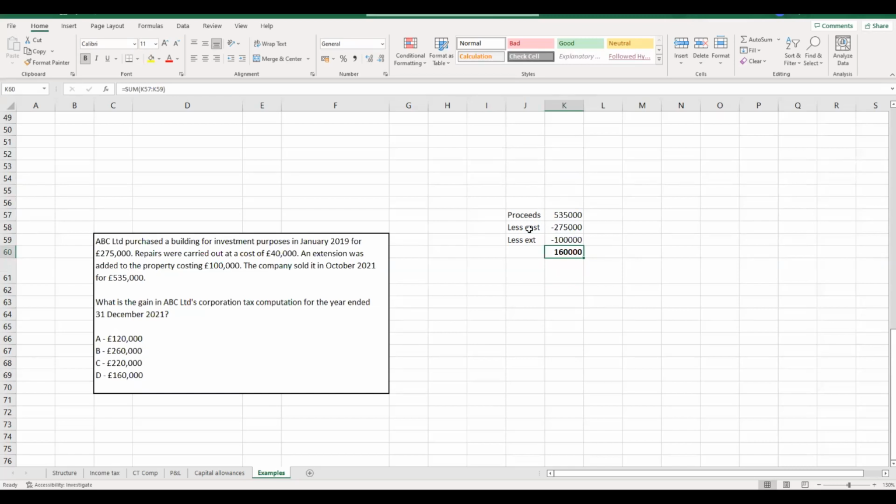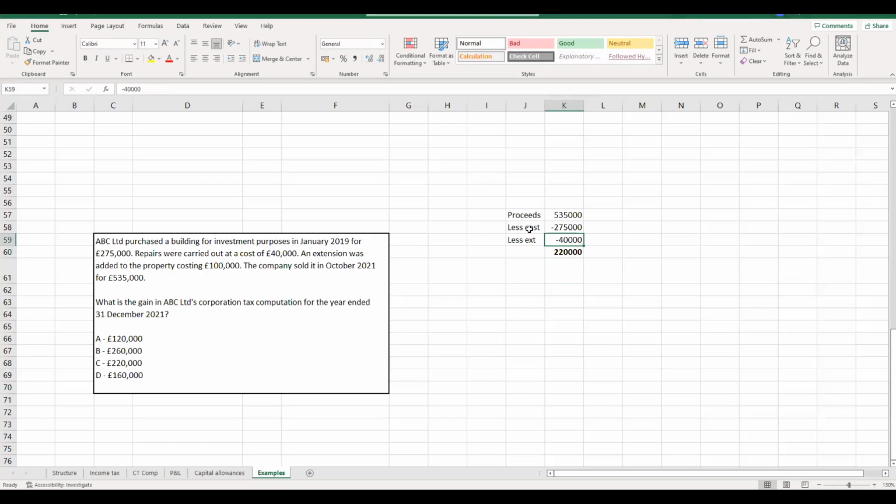And this would then get us to our correct solution, the answer to this question, which is £160,000, D. Of course, the remaining three are arrived at through various different ways. You could have considered the £40,000 for the repair costs, and then you arrive at A. Of course, we've just discussed why that's wrong. One of them is if you don't bring in anything for these allowable costs. And finally, one is if you just bring in the repairs and not the extension.